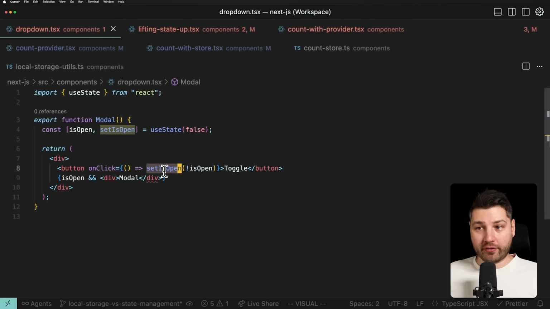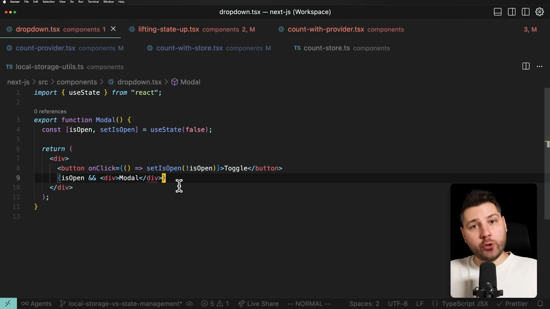This is the behavior of the setter function of state. It's telling React, hey, we have a new value. We need the component to re-render. This is the only way that you can have reactivity in your React applications. Now, that's not to say that you can't use local storage with React, but you just have to approach it